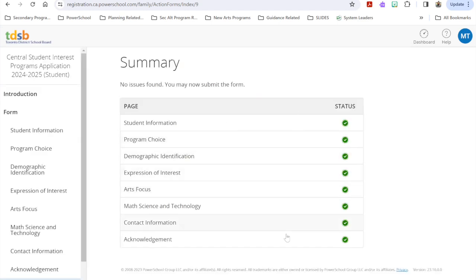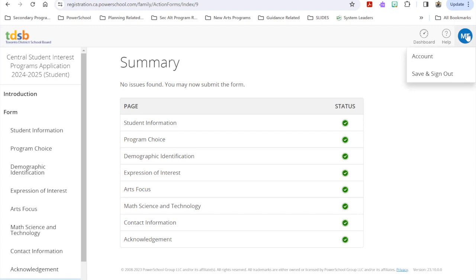Here is a quick status update for your application. If you are not completing your application in one sitting, it might show that something is missing with a red X instead of a green check mark, and you can go back to complete any fields that may be missing. Again, a reminder that you can save your work along the way by clicking on your initials in the upper right-hand corner when you save and sign out.